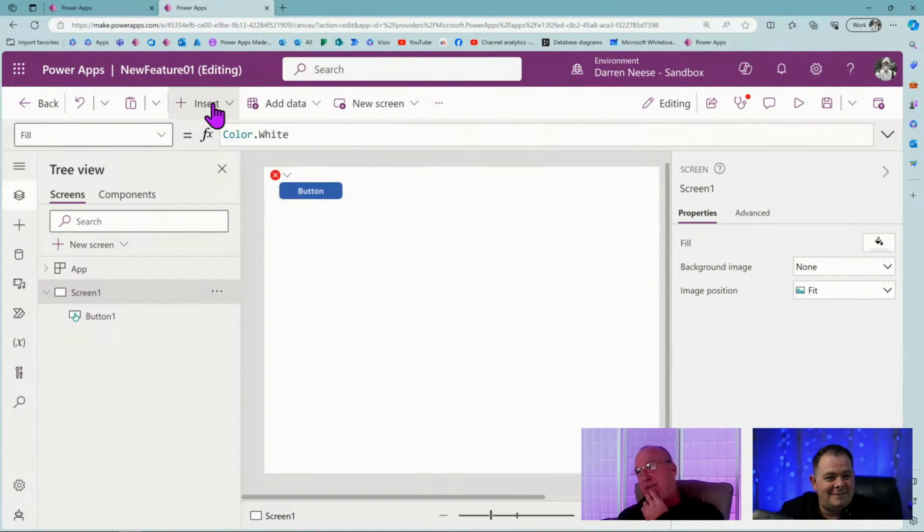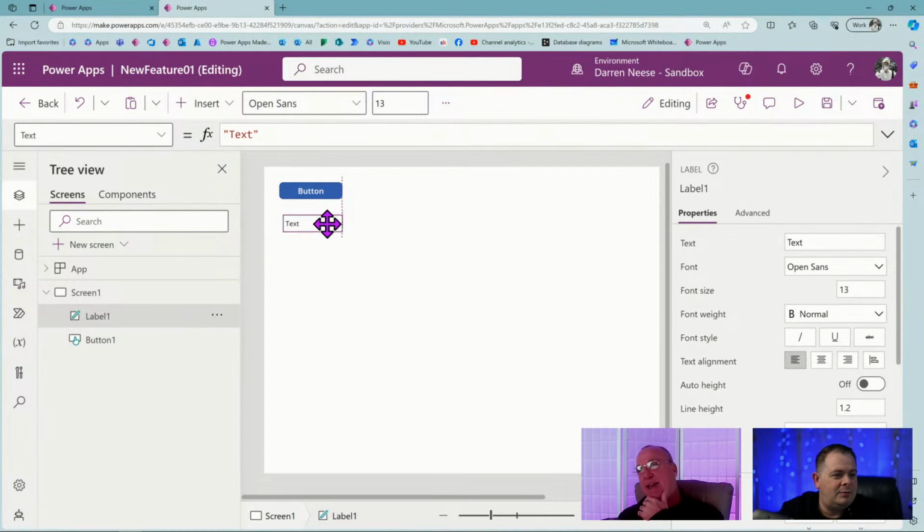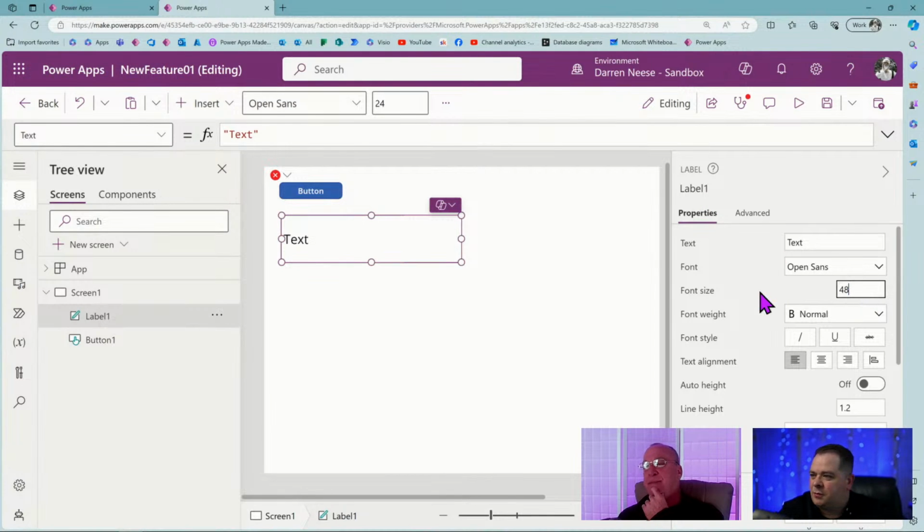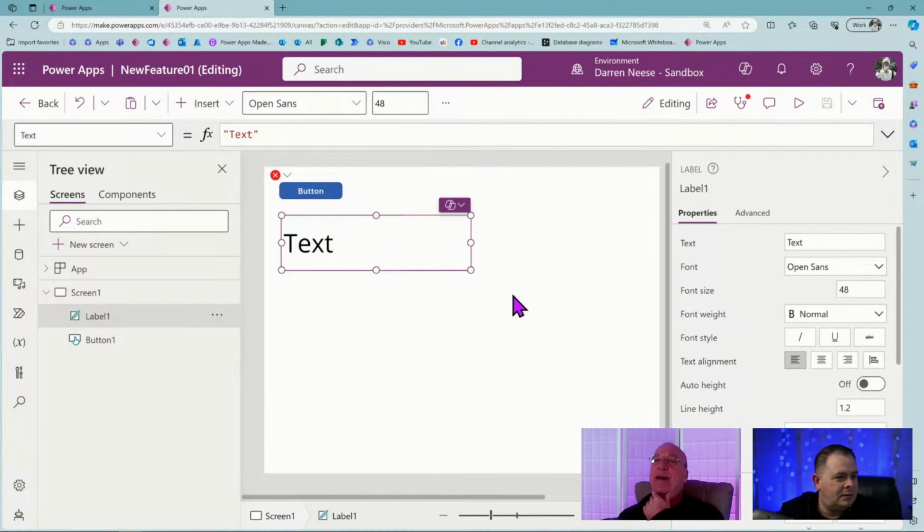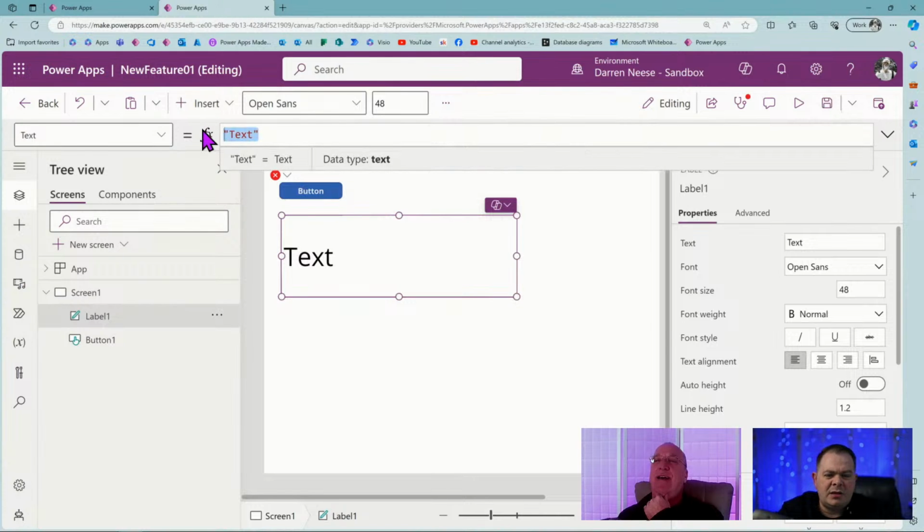I do want you to do something like that with this. Go out there and put a label on the screen. We got a label here. And in the text for that, do a rand function. I'm going to make this nice and big so everybody can see it. Okay, so you're telling me there's a function that will give us a random number. That's right. Go out there and do rand.